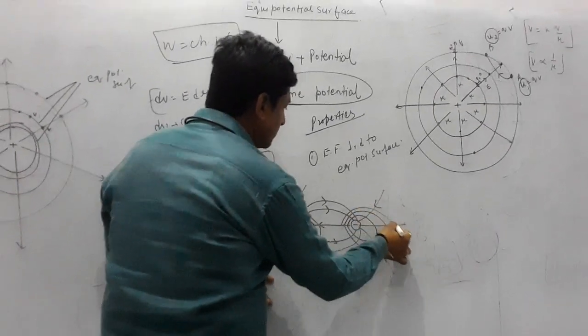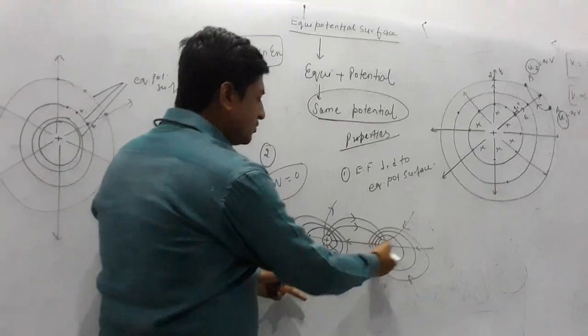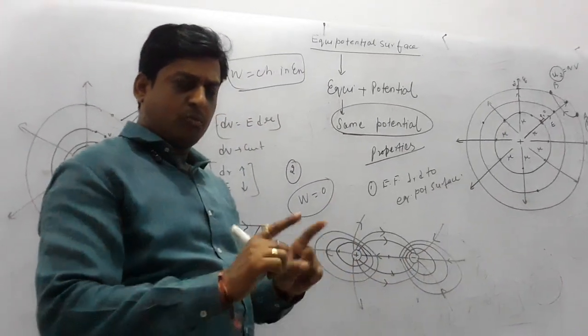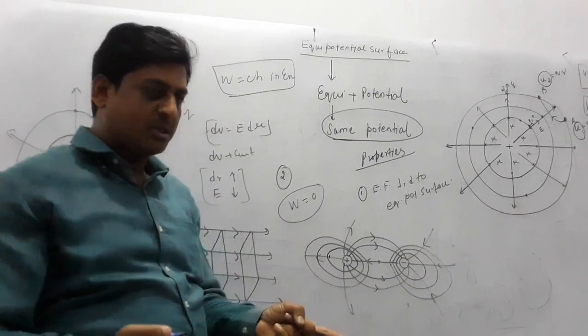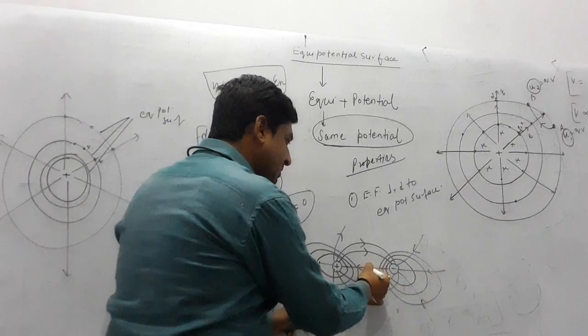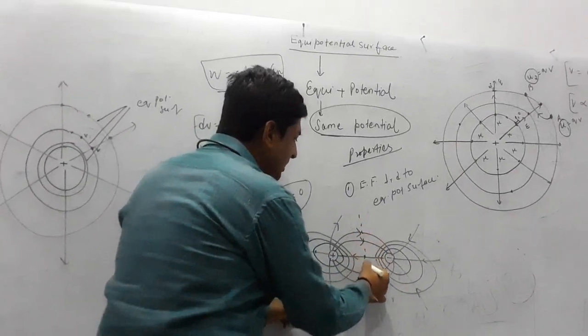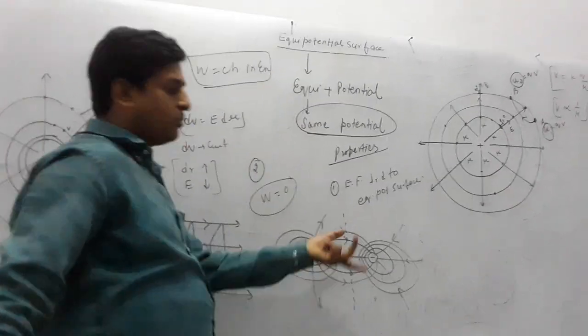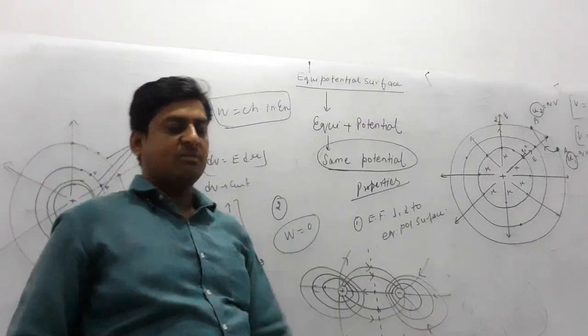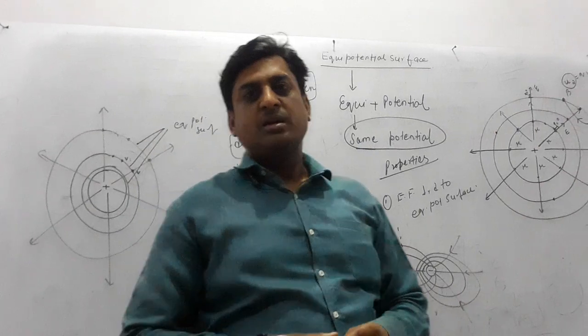This is an equipotential surface. And as you move towards the center, at the center the potential is zero. Potential is zero means no potential is present there. But for the equipotential surface, because it is zero, either the point is here, or you can draw a plane like this, at which everywhere the potential is zero. So these are some examples of equipotential surfaces, and this is very important, my dear students.